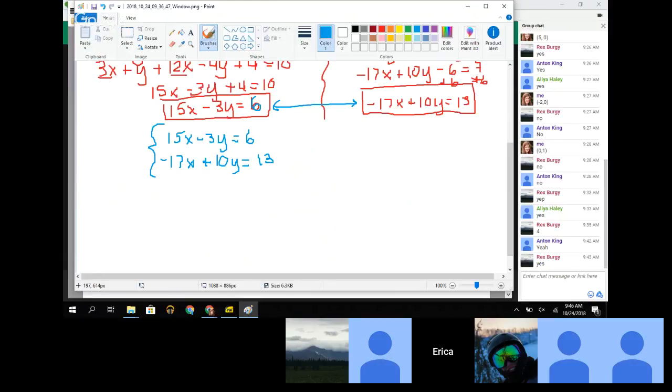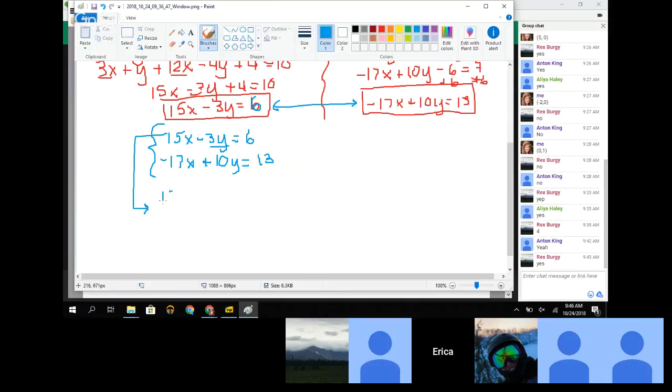So I want to solve one of these equations for one variable. I'm going to actually pick this right here. I'm going to solve for this 3y because I know if I divide 15 and 6 by 3, I get nice even numbers and I don't end up with fractions. You could solve for anything you wanted to. You'll just probably end up with some fractions. So try to be smart about what you pick, right? And we end up with,